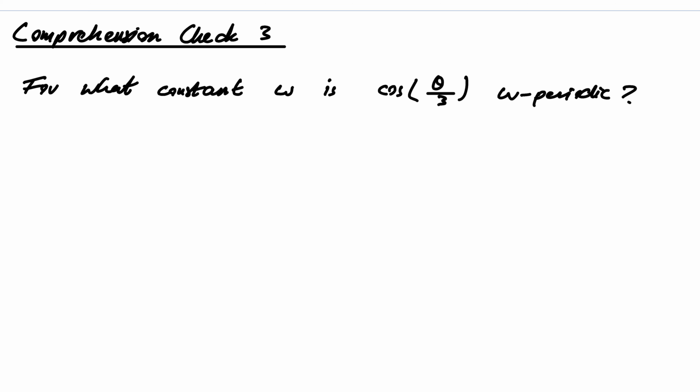So what constant omega is cosine of theta over 3 omega periodic? So we could just use a formula here, but I think it's a nice plan to draw a picture and see what happens. So basically the main thing is the following. We're dividing through by 3 and 3 is bigger than 1. So what we're going to see is the graph